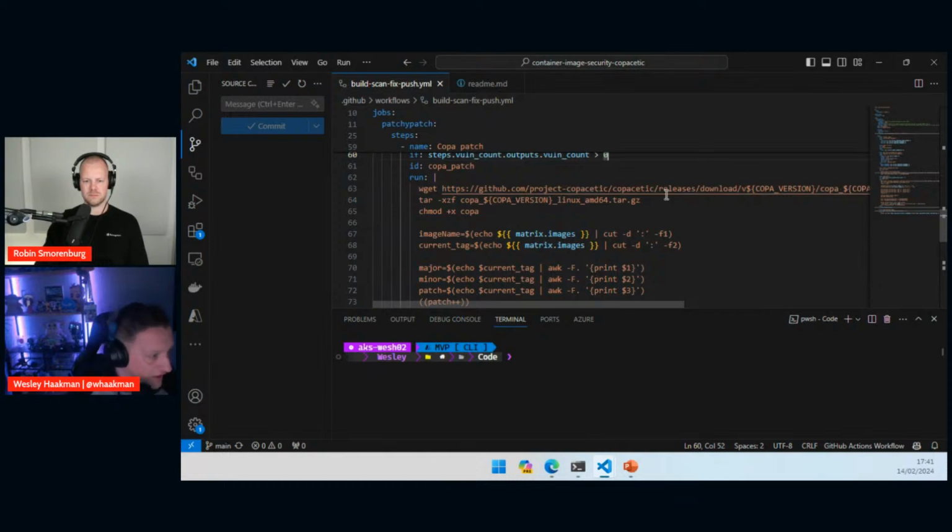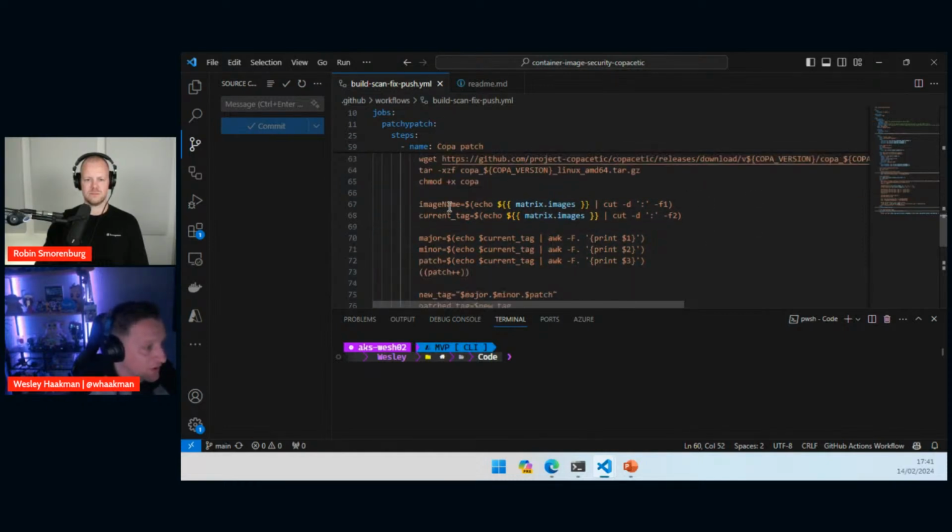So we're grabbing the binary, we're installing it, and this boils down to your versioning strategy. If you're going to deal with this, ChatGPT 100% makes this a lot easier, or Copilot works as well. We've got an image name, which is being passed from the matrix of images. We're going to store the image name and the tag, because if we now have a v1.0.1 running, then we want to patch it, and then we want to go to